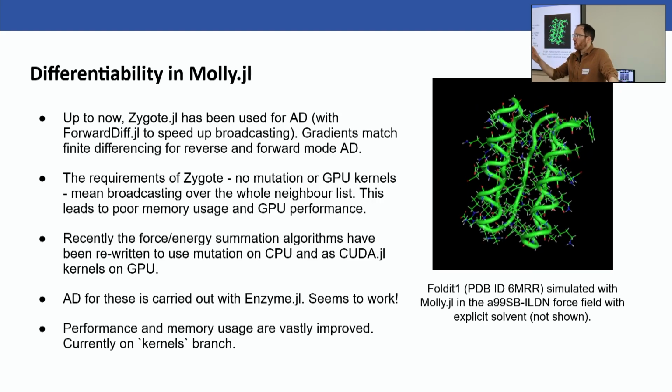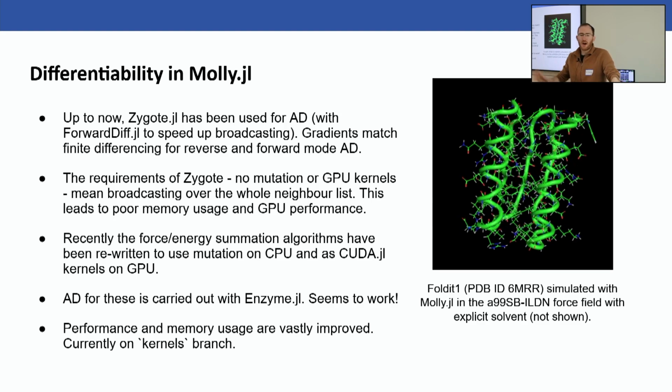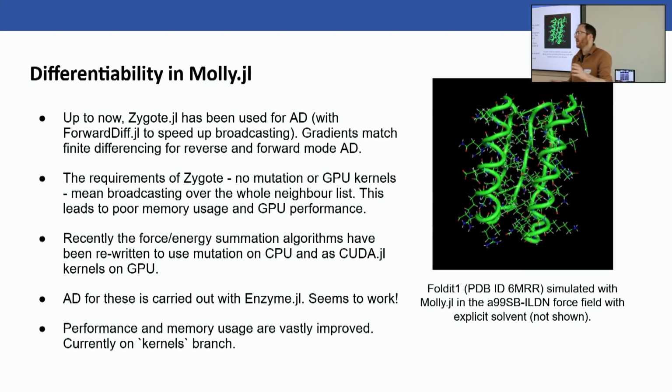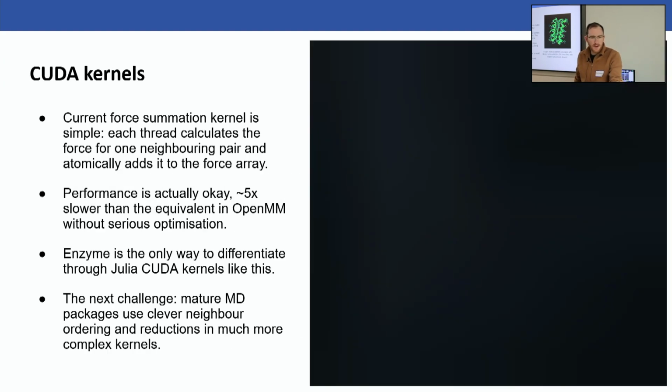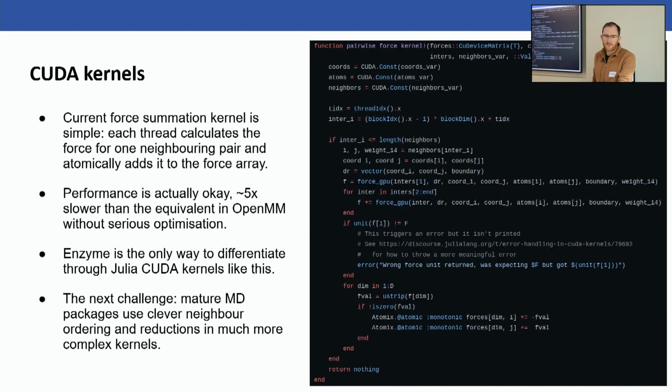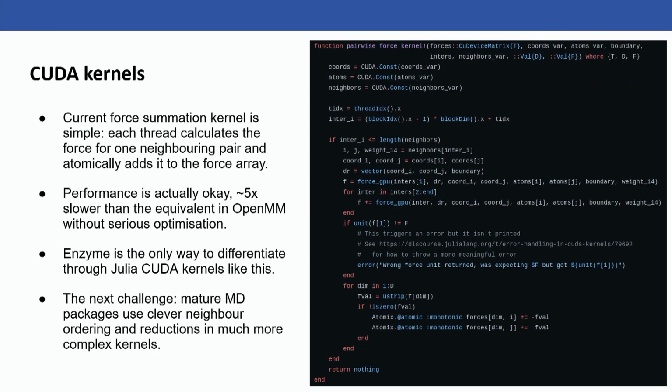So currently this is on a branch, and when a few things get ironed out and a few packages get released, this will get merged into main. But it basically, as of last week, this works, and it's pretty fast. And just to give you an idea, for those who aren't familiar with CUDA.jl kernels, you can think of it as a high-level interface to a low-level thing. So it's an easy way to write